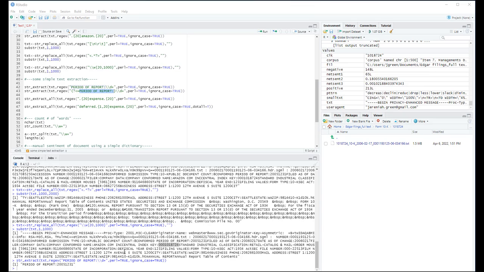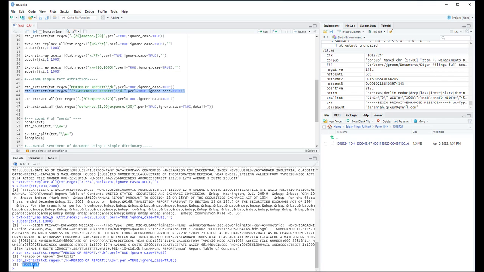Oh, here it is. Okay, sorry, we wouldn't have been there already. So here it looks for a number, fails, didn't work, looks for a number here, finds the numbers, looks backwards, period of report, it matches that, so then it's going to pull out that. And because it just looks behind, it doesn't actually match it, it just checks to make sure it's there. If we run this, notice what comes out is just the numbers itself, so now we have the date